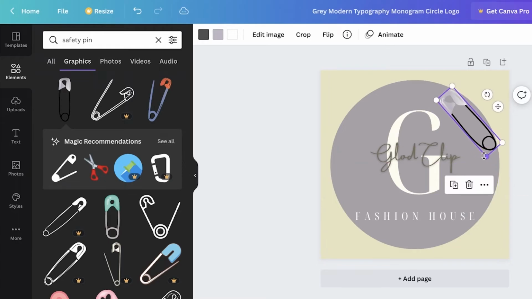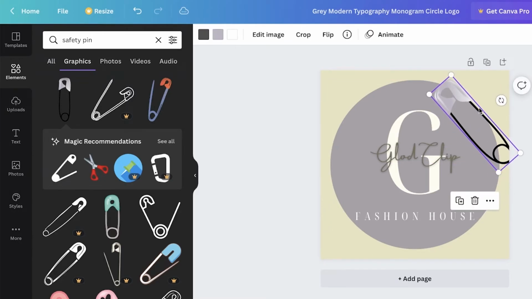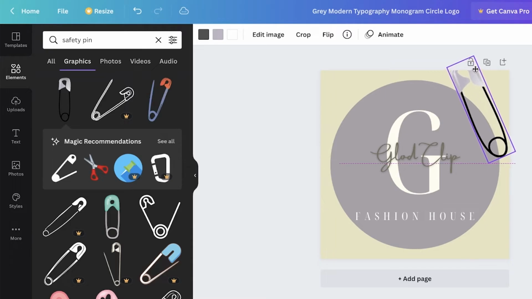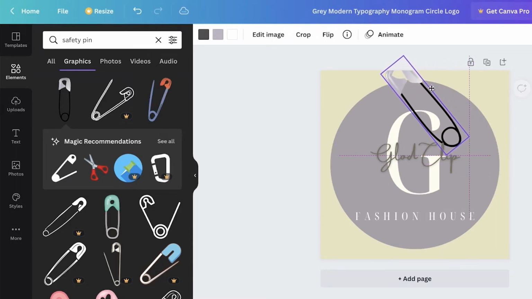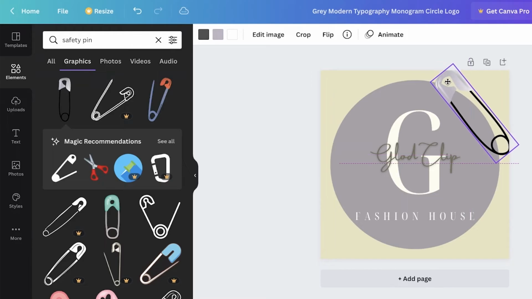and then I can rotate this as well, and then I can resize it over here. Then I can just make it fit however I like. I'm just going to do this and place this right over here like so, rotate it a little like this, or maybe I can place it on the other side, however you want to place your item, like this, like so. I think I am going to place it on the top,